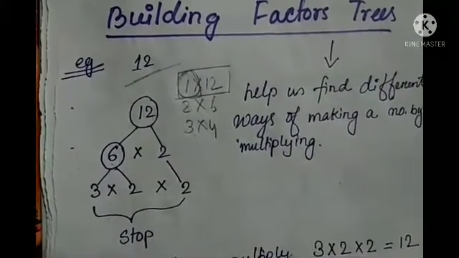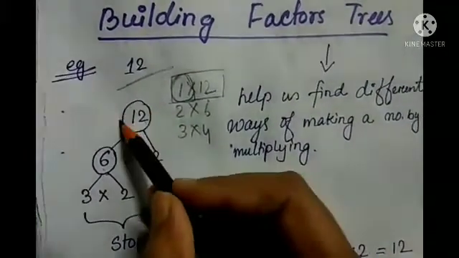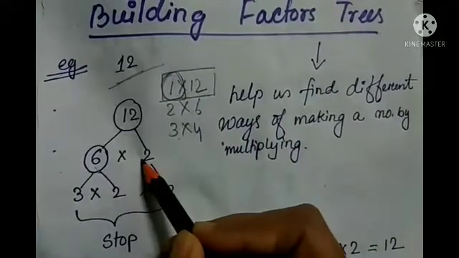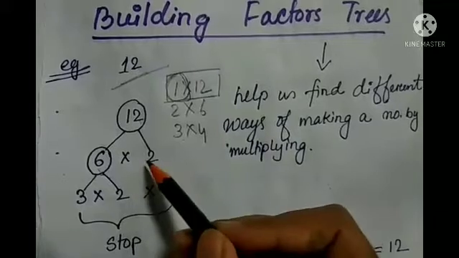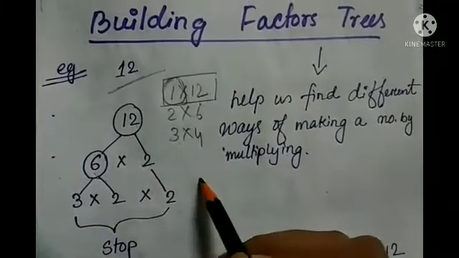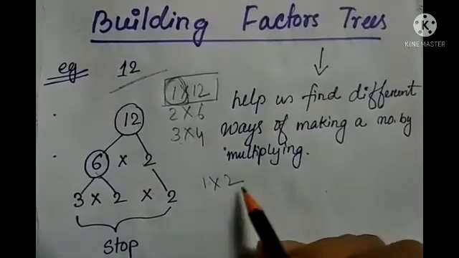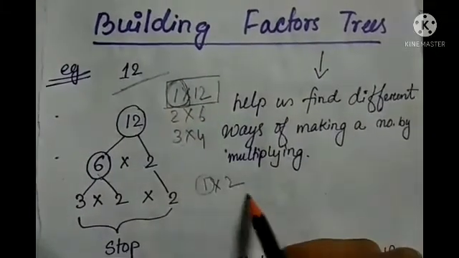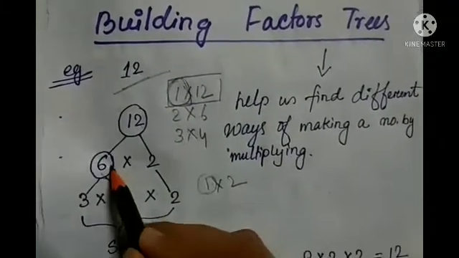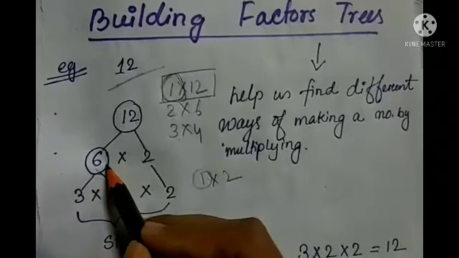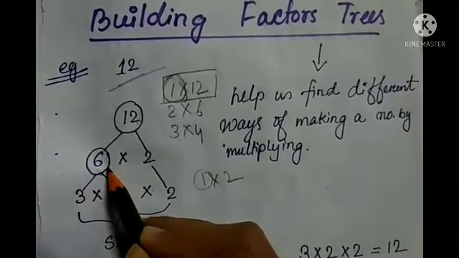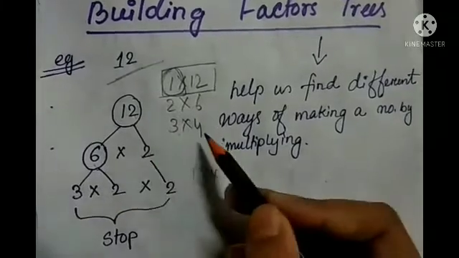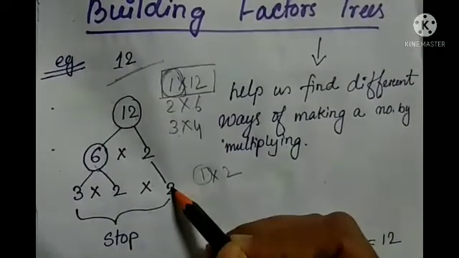Then again students, as I am breaking this number, I have circled here. Now 2 cannot be expanded any more, because the factor we will get is 1 into 2 only. There are no more factors, right? So in case of 1, as I told you, no need to write. So here we can stop. But 6 can be expanded, right? We can break 6. So 3 into 2, 6. And 2, we cannot break, so we will write it as it is.